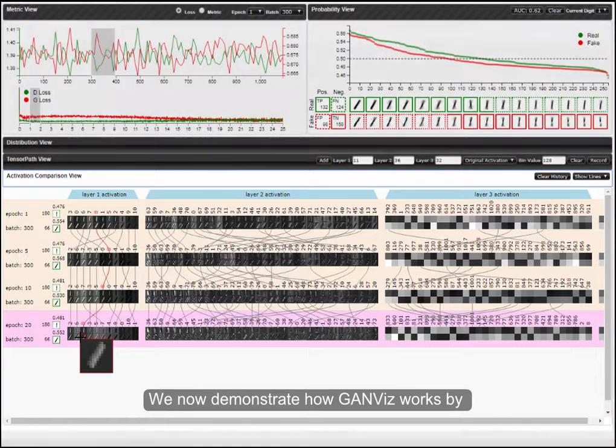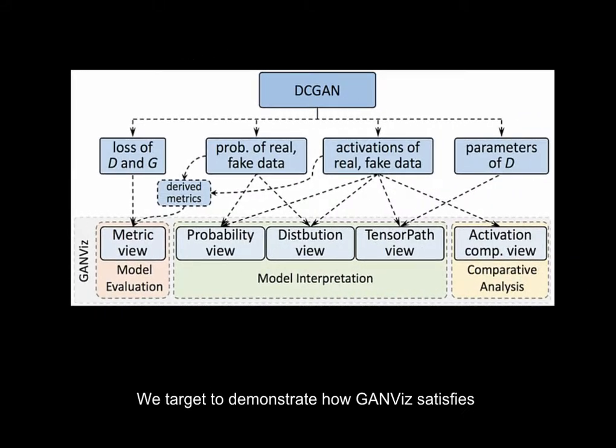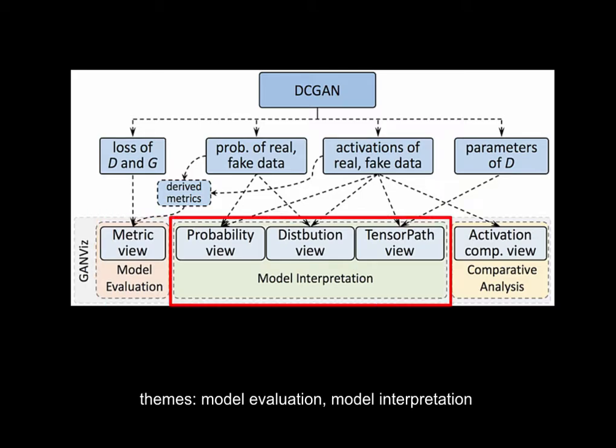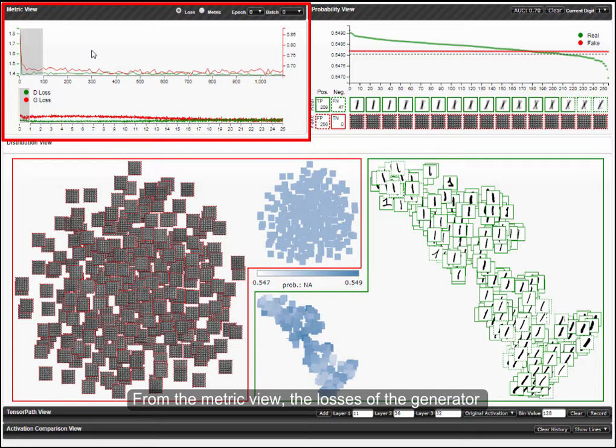We now demonstrate how GANViz works by analyzing the DCGAN model with the MNIST data. We target to demonstrate how GANViz satisfies the requirements from domain experts in 3 themes: model evaluation, model interpretation, and comparative analysis. From the metric view, the losses of the generator and discriminator were very high initially, but they dropped